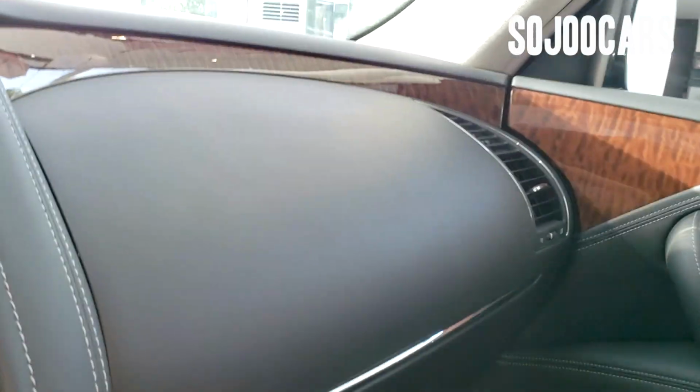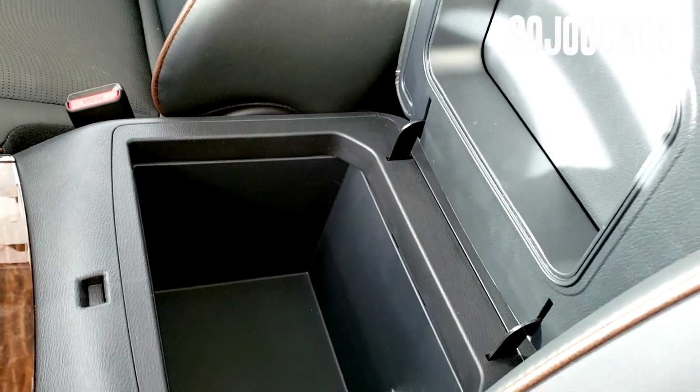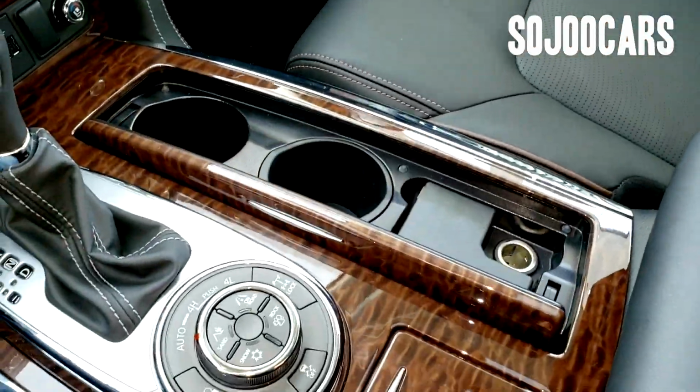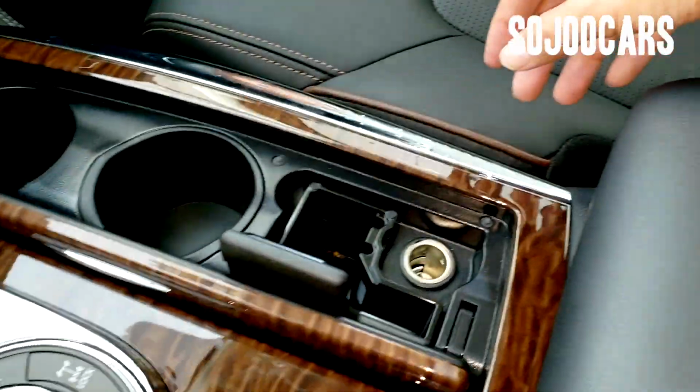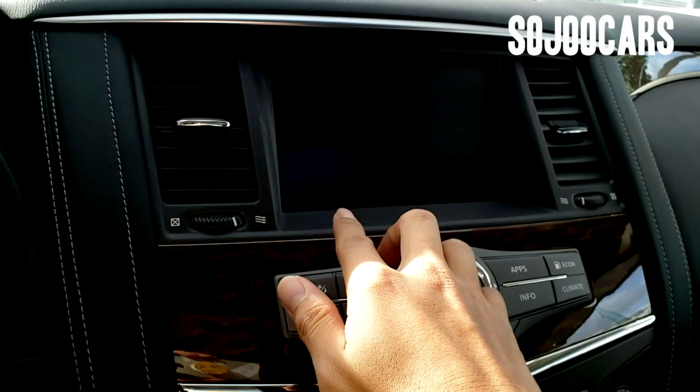You have huge glove box, huge center console. It opens both ways. There's a button here. It also opens up like that. Cup holder, ashtray, and you have the infotainment, LCD screen,